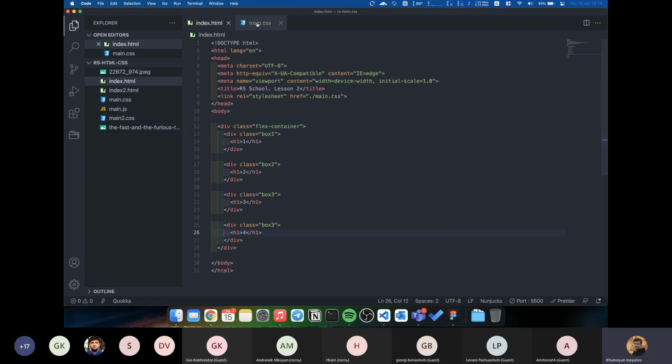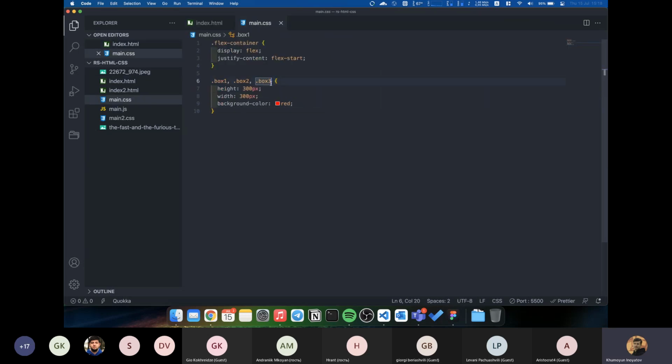I think the first one should also be box 4, and for each box we will give a different kind of height. Box 1 will have height 50 pixels. Box 2 100, box 3 200 and box 4 150. So as you can see, all of our elements have different heights